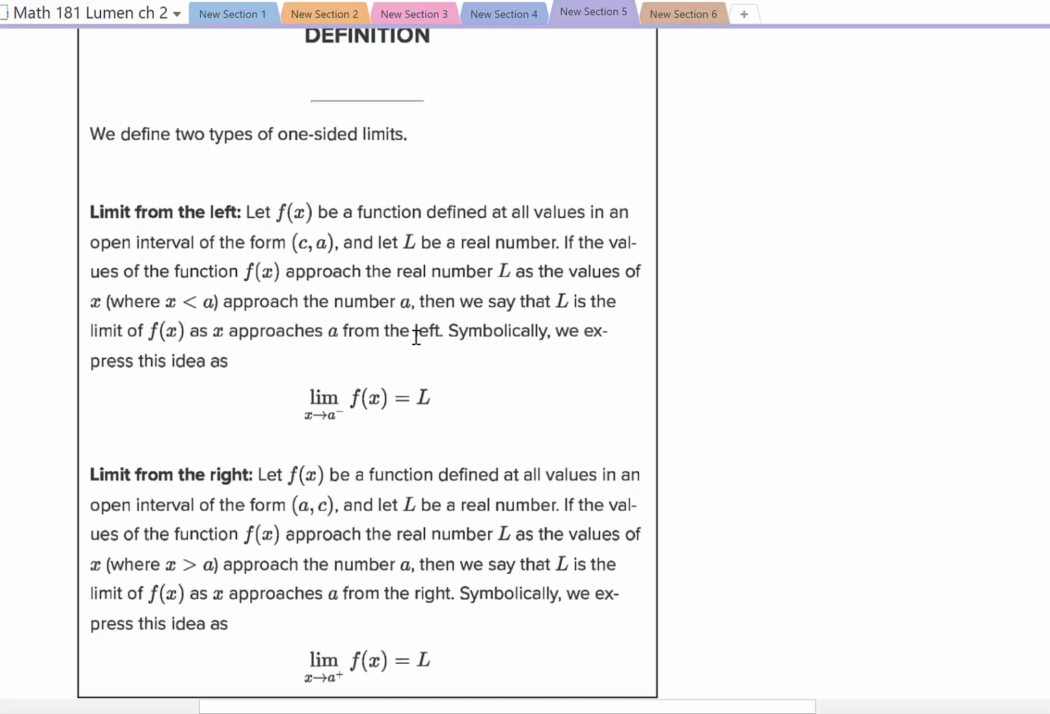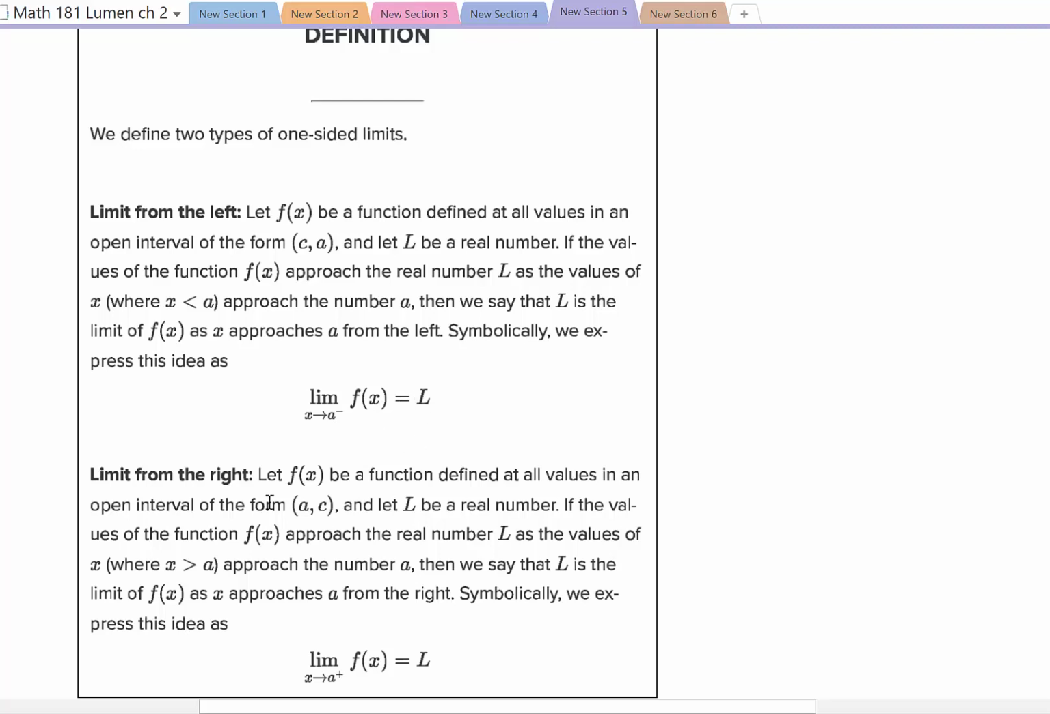So here's our formal definition. We define two types of one-sided limits. Limit from the left: let f of x be a function defined at all values in an open interval of the form (c, a), and let L be a real number. If the values of the function f of x approach the real number L as the values of x, where x is less than a, approach the number a, then we say that L is the limit of f of x as x approaches a from the left. Symbolically, we express the idea as, and that's what we saw before, the limit of f of x as x approaches a from the left, the little negative meaning from the left,